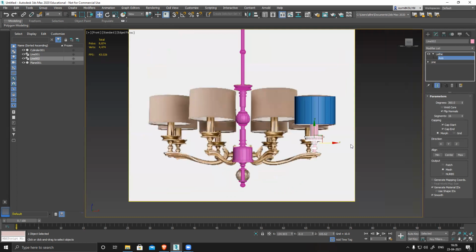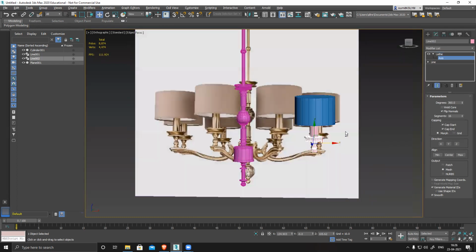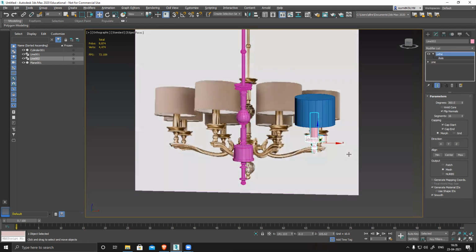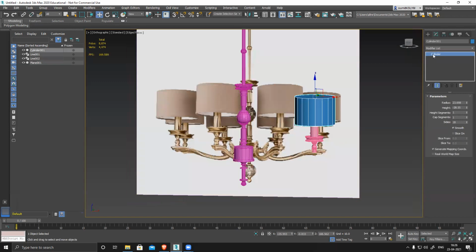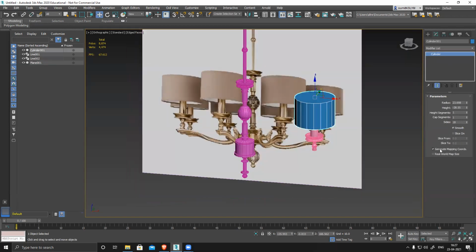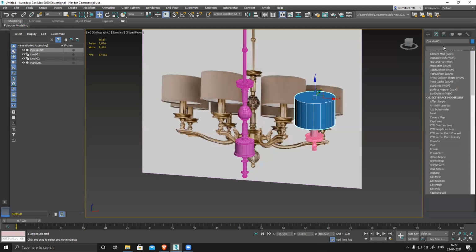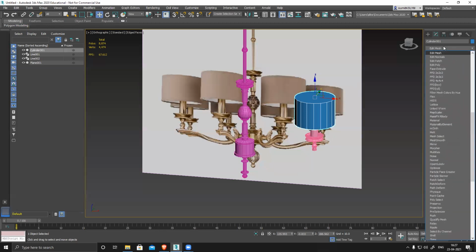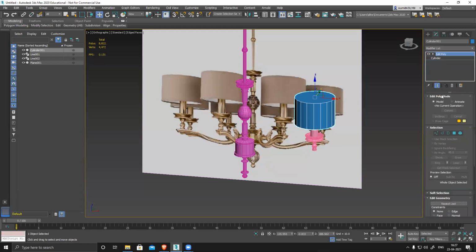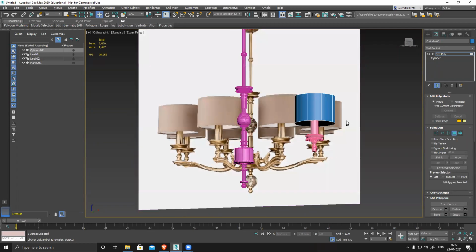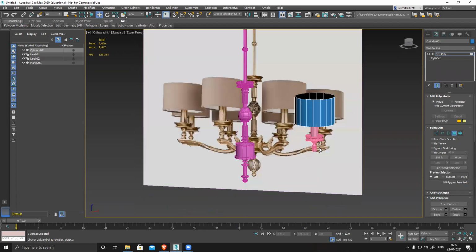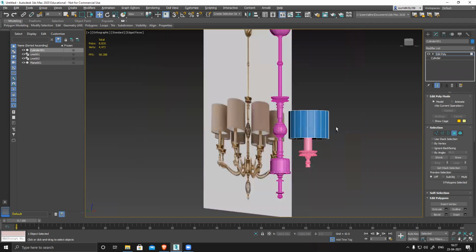So this shape is ready, this shape is ready, they're in the same center, and this shape has all these caps. What if I don't want a cap? What I'll do is apply edit poly, go to face mode, delete this one, delete this one. I guess I'm recording, right? Recording, yes. So I have deleted those two.